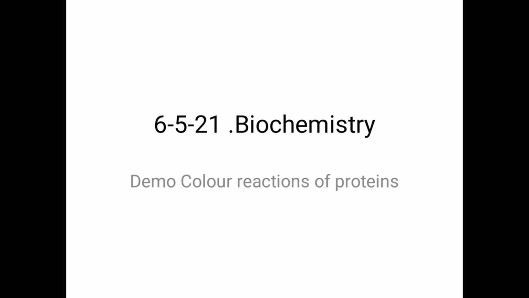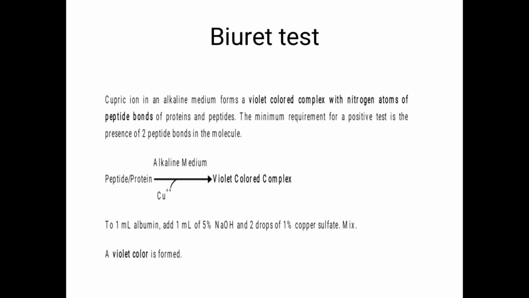Let us go to color reactions of protein. Identification of glucose or fructose is important, the 15 spotters are important, and also these color reactions of protein. There are many color reactions, up to 9 or 10, but we will discuss only a few here from the university exam point of view. Practical demo: you have to see the slide and answer. Here it is not the identification. You will be provided with the reactions of egg albumin, so the only thing you have to write is the inference.